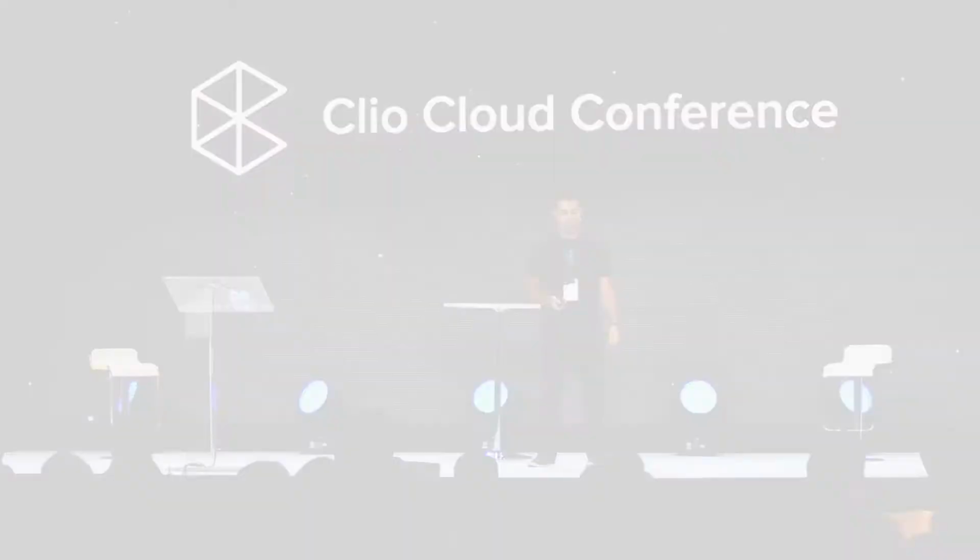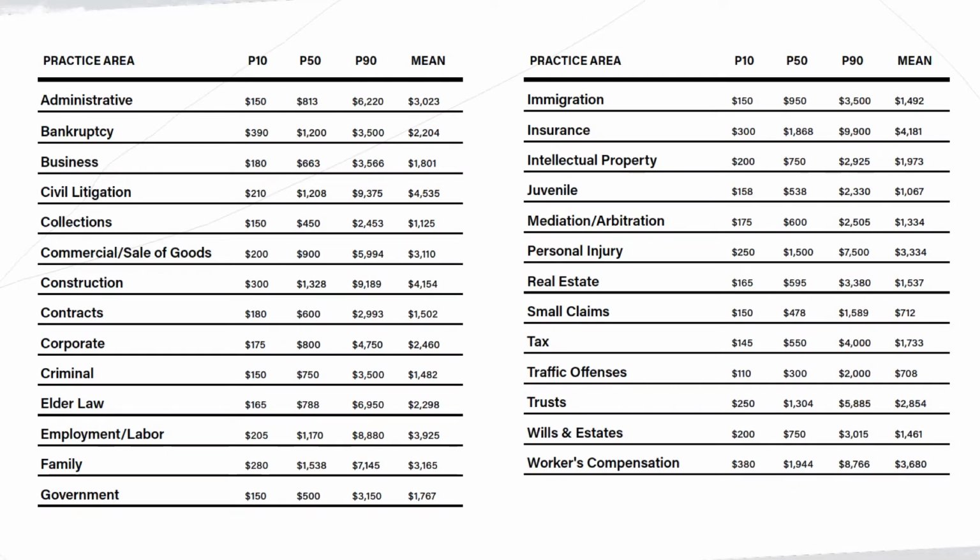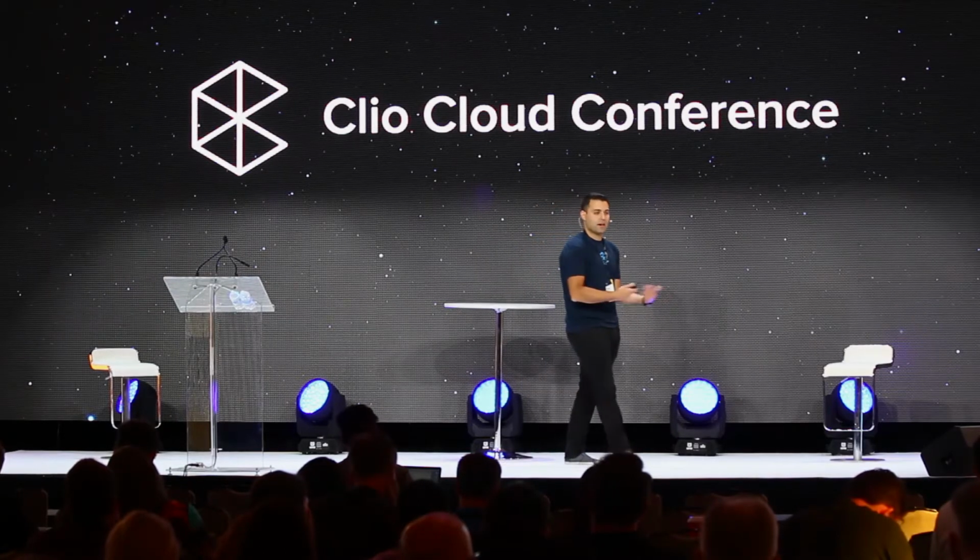I think it's crucial to understand that in knowing a few key things. So we ran this for a bunch of practice areas. I don't want to take too much time, but I think the first thing you're all going to want to do is go download the Legal Trends Report and look up your practice area and see. There's a lot of information, a bit of a hypothesis behind what our inspiration was to do it.